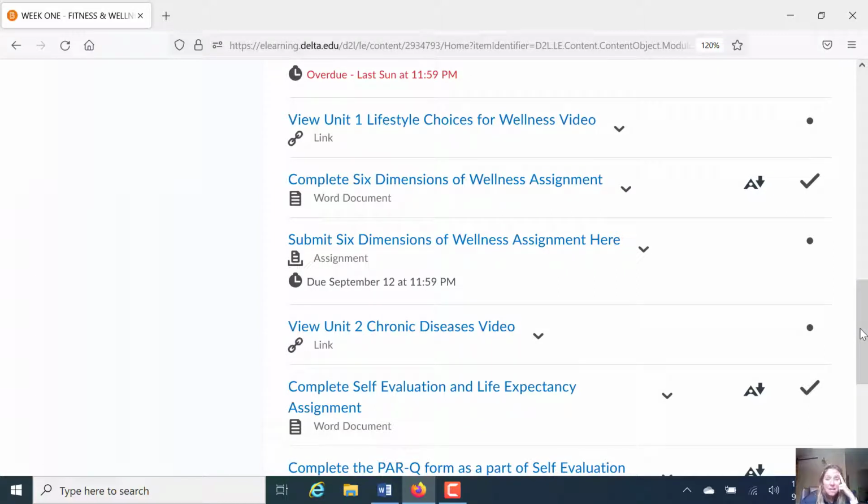And then lastly, as far as your exercise goes for the week, make sure that you're documenting your workouts, you're providing proof of your workouts, and you're going to just keep adding to those documents every single week. You will not be submitting those documents until midway through the semester. So right around week 5, I'm going to have an assignment folder where you're going to be putting all of your exercise documents into that assignment folder at the middle of the semester, and then again you're going to do it at the end of the semester.